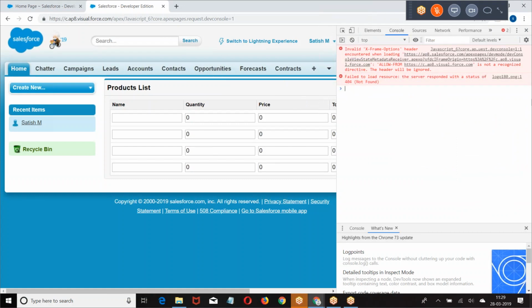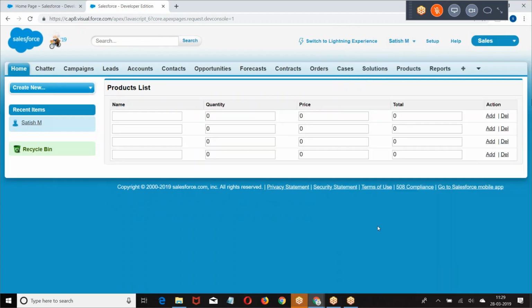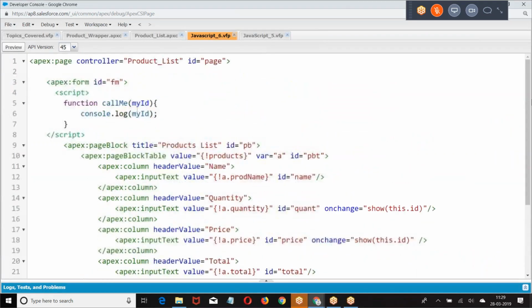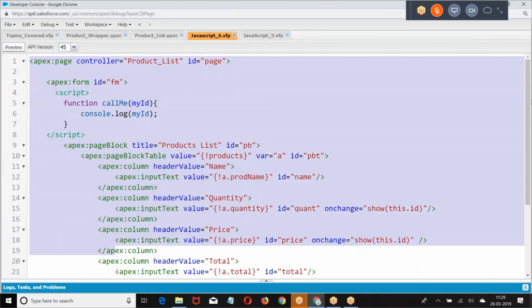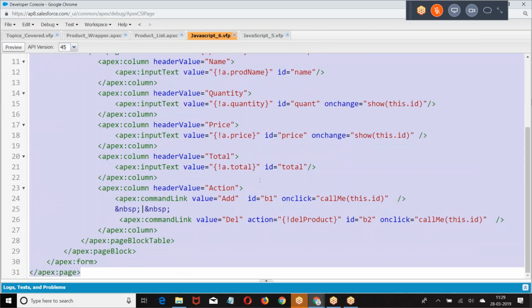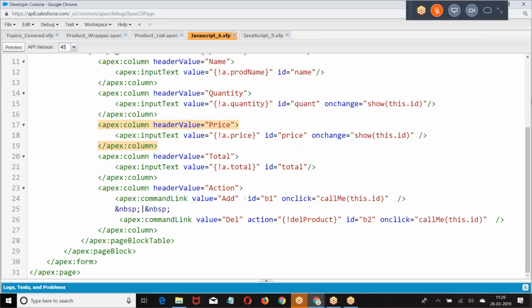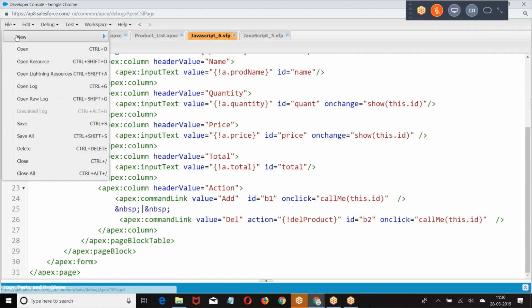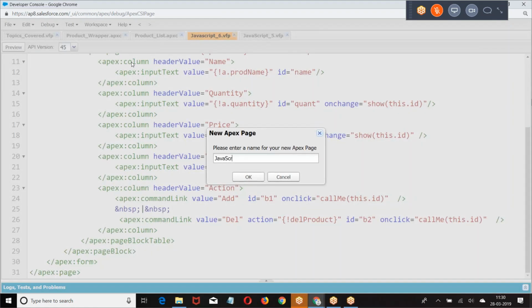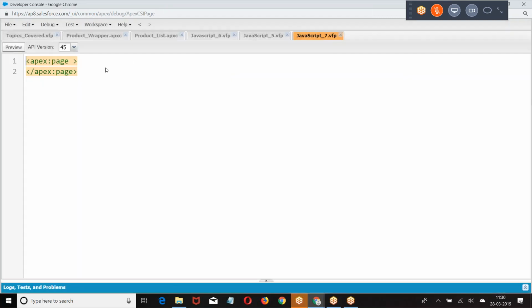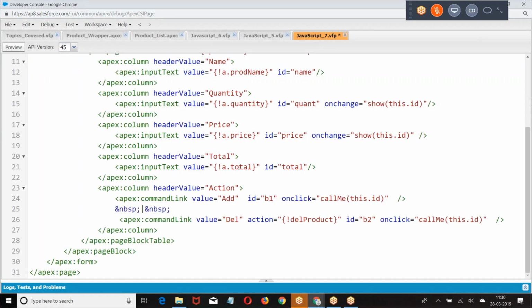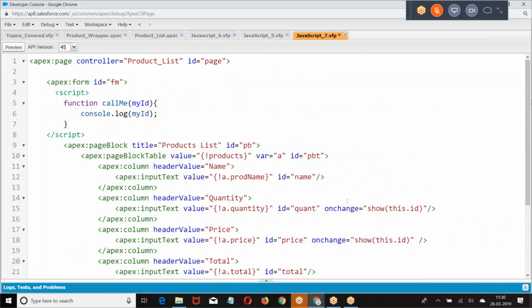We're not getting the ID. Let me copy paste a different code and check it out. There's nothing wrong in the code. No, the action for the command link for the add button is missing, sir. See, that's different. When you say on click, first on click will happen, then followed by action, then followed by on complete. So on click will run first. There's nothing wrong with the code. Let me cross check. Let me try from here.